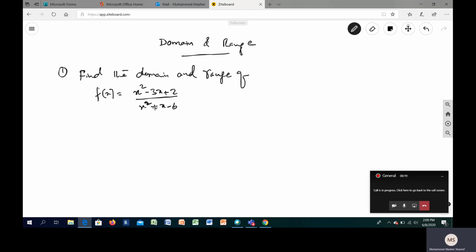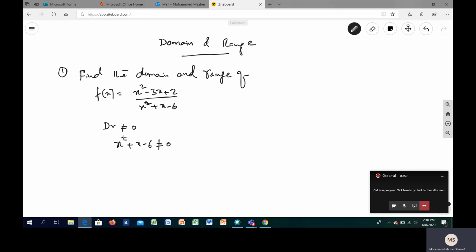When we have a quadratic polynomial function for which we have to find the domain and range, how are we going to do it? The same criteria applies as for the linear, but since it's quadratic, the main thing will not go away. That is, the denominator should not be equal to 0. So what set of values of x make the denominator equal to 0? Just forget what is in the numerator and work out the denominator. Remember, the denominator should not be 0, that is the trick. So take the denominator, whatever is given to you, that should not be equal to 0.